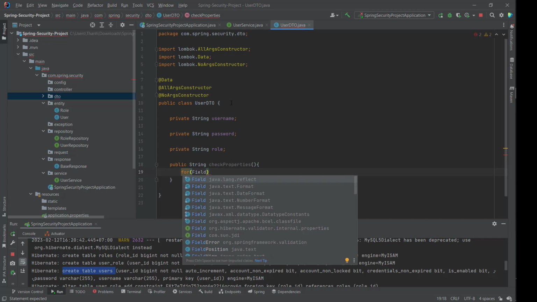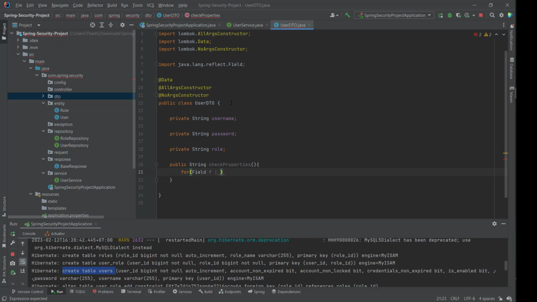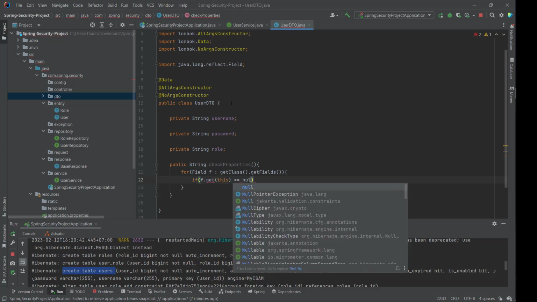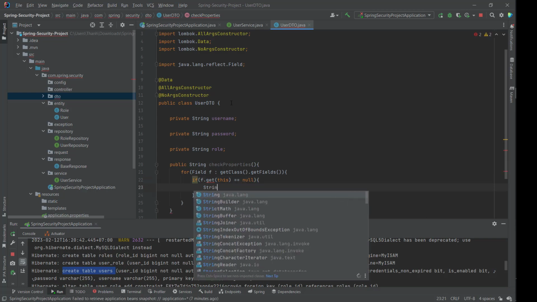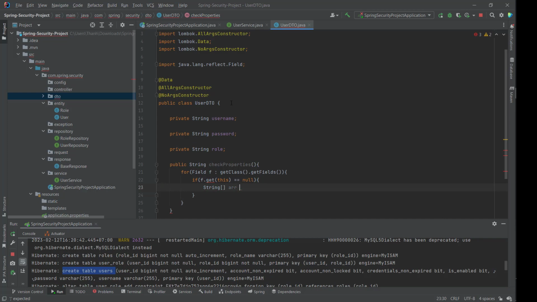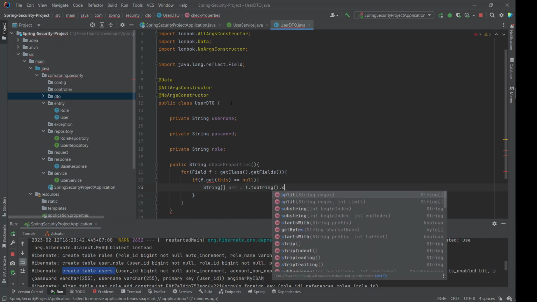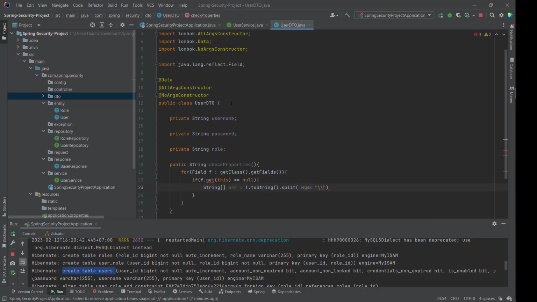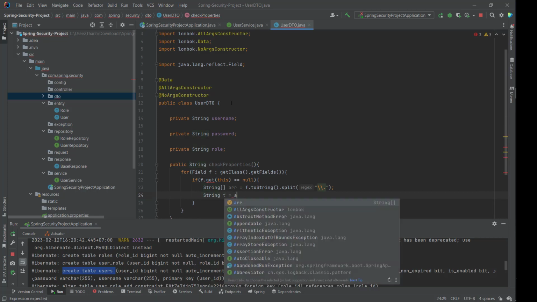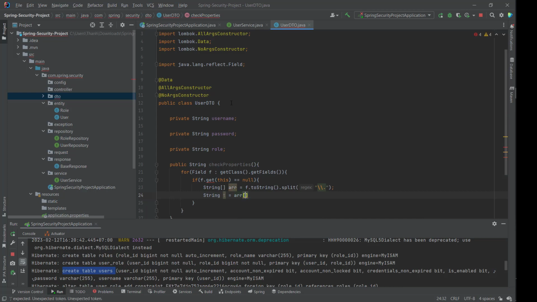So we use the reflection field, in the class dot get field, and if this equals null, and String alright equals and dot to string dot split, we will split with the dash,